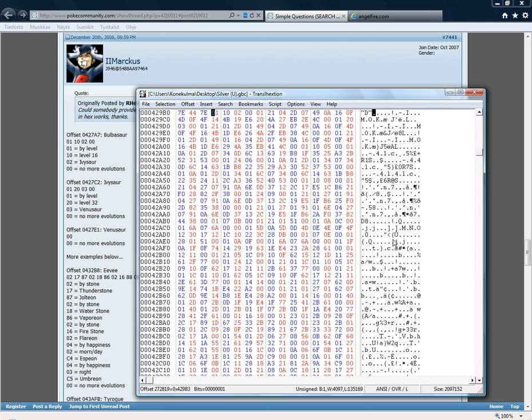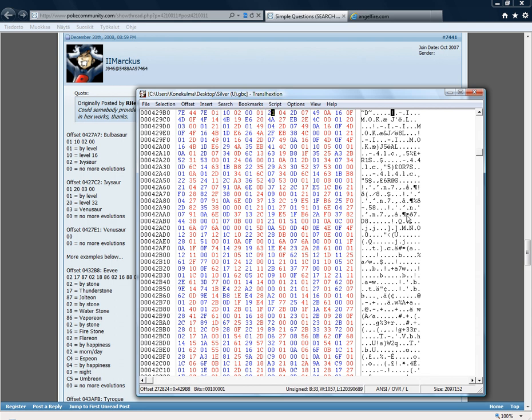And by all this information I've told this far, you can in no way assume it is this one, but it is, and that is because this 00 here, which stands for no more evolutions for this Pokemon, is used to start another data,